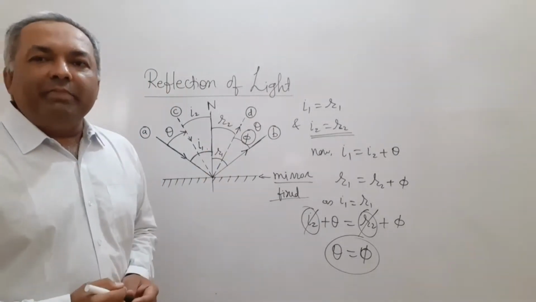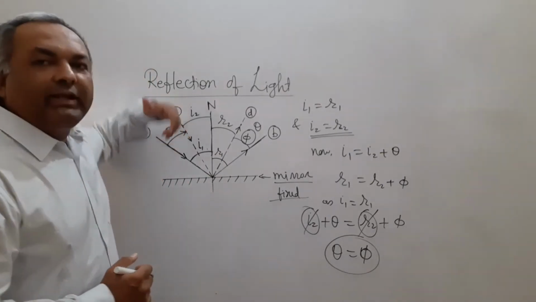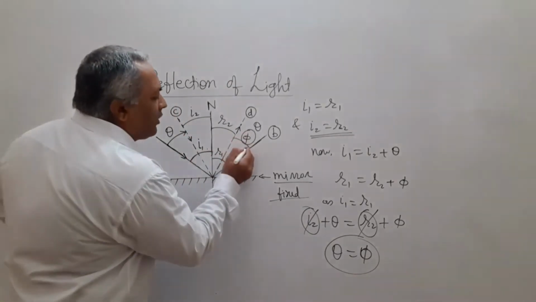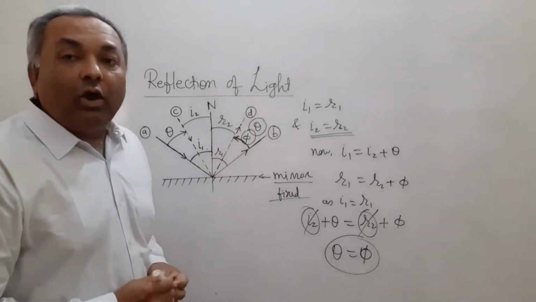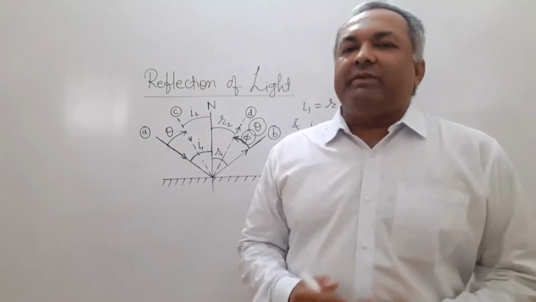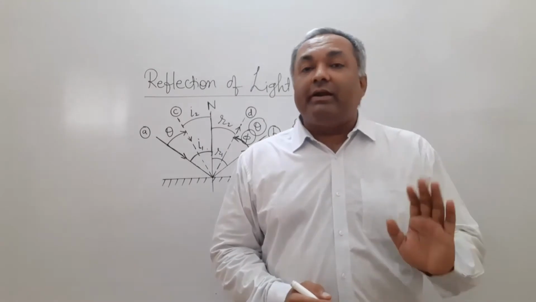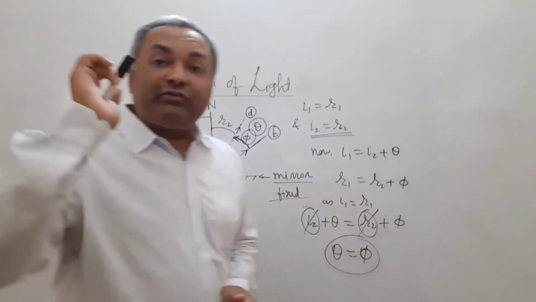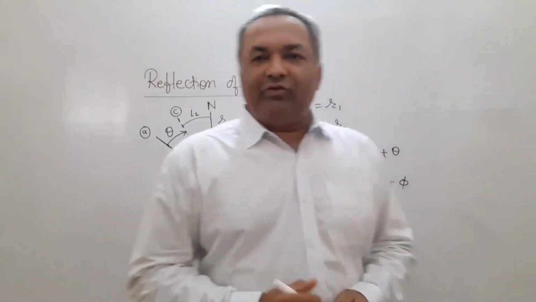So what exactly does it mean in this case? First, the incident ray is rotated through angle theta in clockwise direction like this. Now observe, the reflected ray got rotated through the same angle theta but in anti-clockwise direction. So the principle that we are showing here can be stated like this: while reflection, if the incident ray rotates through an angle theta, the reflected ray also rotates through the same angle theta but in exactly opposite direction.